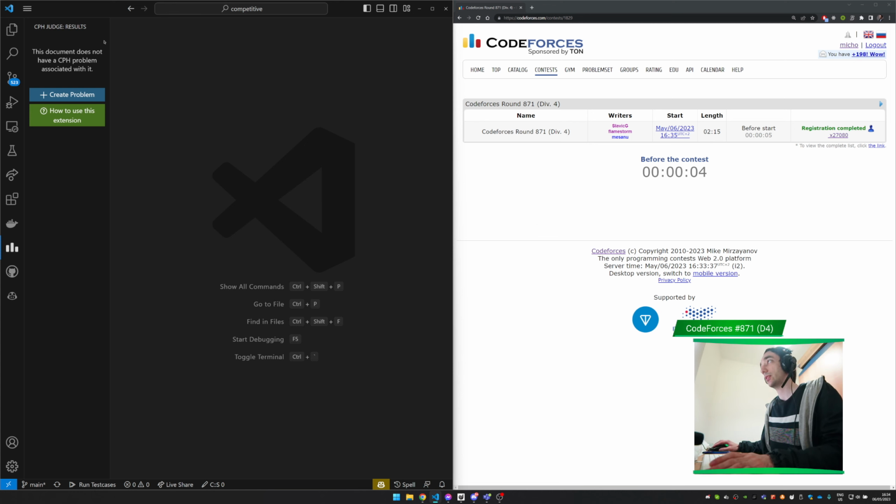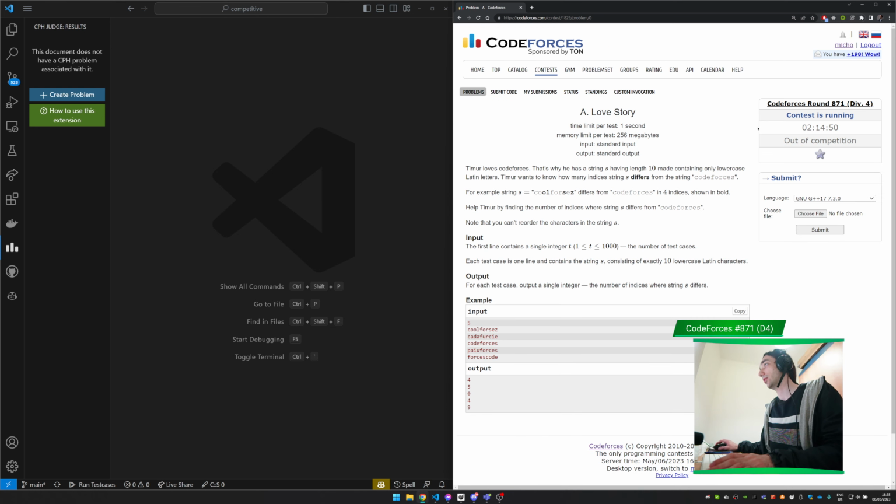And yeah, for this extension you need to have the Competitive Companion extension installed in Chrome as well, to connect the browser so the browser can send information to the extension. You'll see how it works. Okay, so